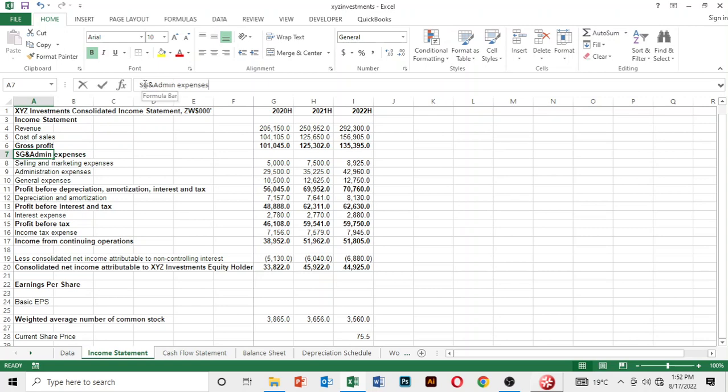So I'm just saying selling, comma, general, and admin expenses. So I'm just going to remove the bold part of it. So if you are noticing this, you see that we have got selling and marketing expenses, we've got administration expenses, we've got general expenses. So I just want to group these three expenses into one single expense item, right,